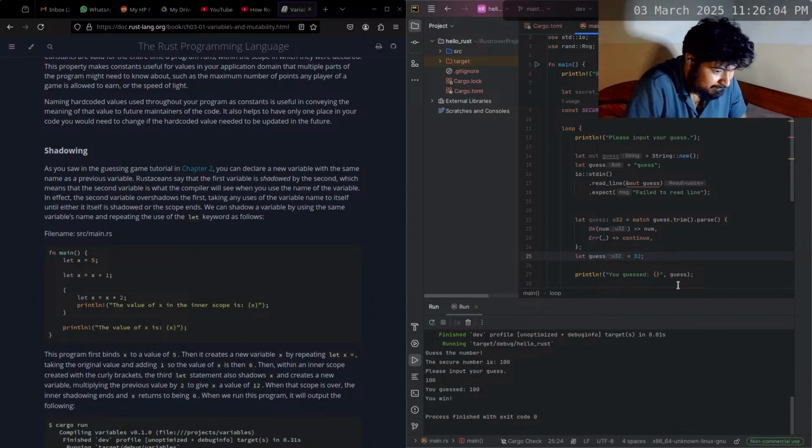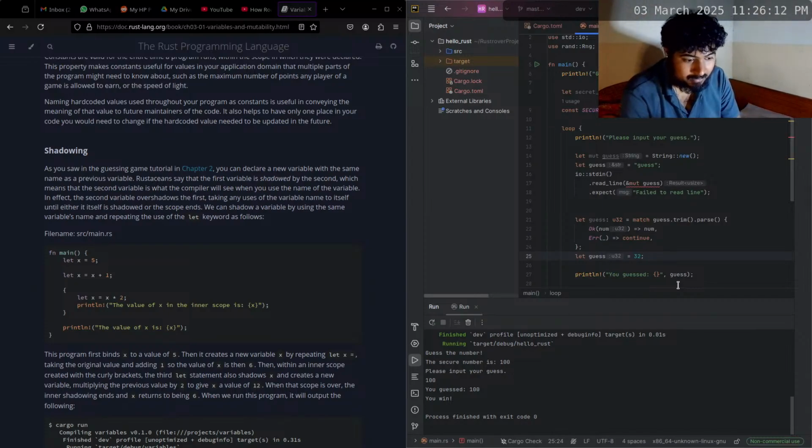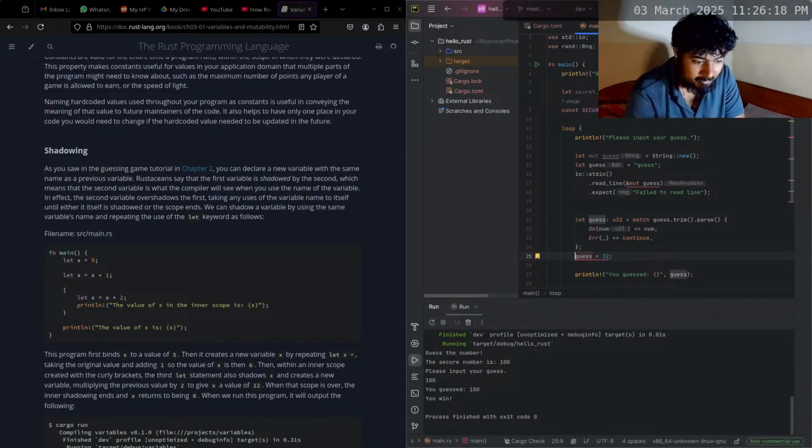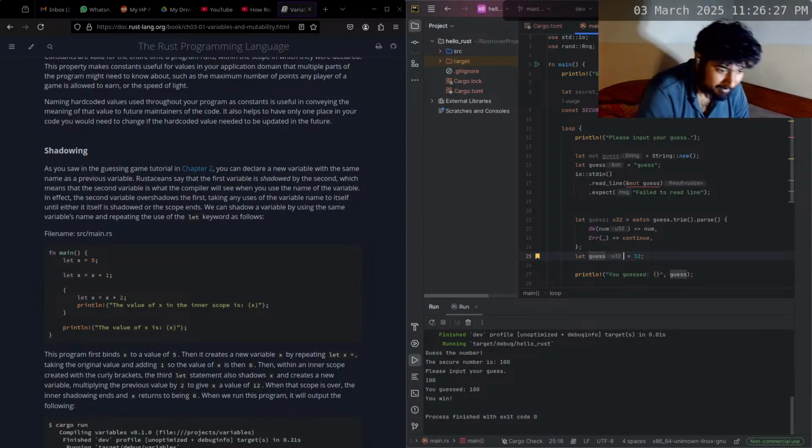By using let, we were able to reassign a value. Before we weren't able to actually do this, but if I do guess, so if I say it's now a string,